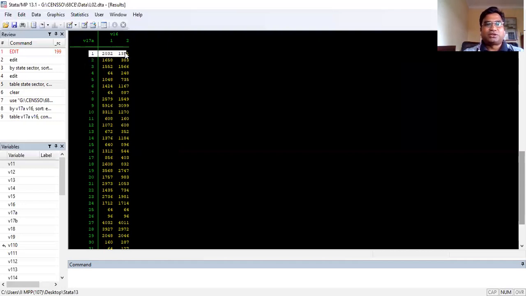So let us just check one state at least, so that we can see whether we have done it correctly or not. So let us check for this first state, which is Jammu and Kashmir. You just note down this figure. This is 2032 and 13. So this is for rural area, one is for rural and two is for urban. If you want to know these codes, then you have to get into the questionnaire. From the questionnaire, you will find that one code stands for rural area, and two code stands for urban area. So for rural area, Jammu total sample is 2032.